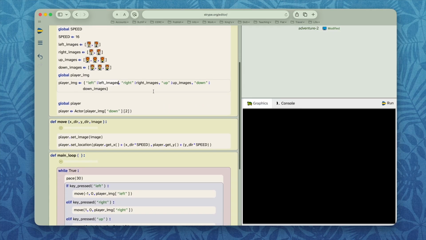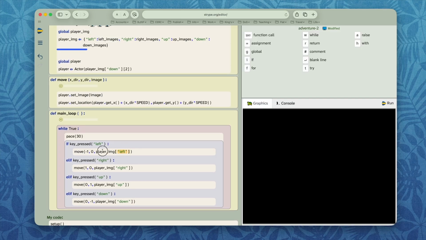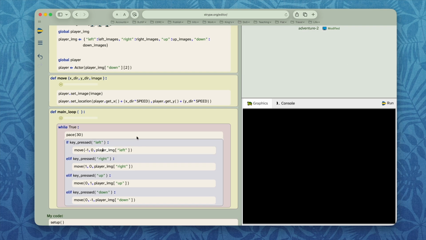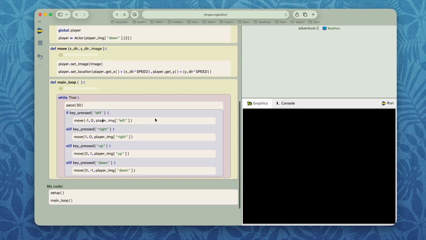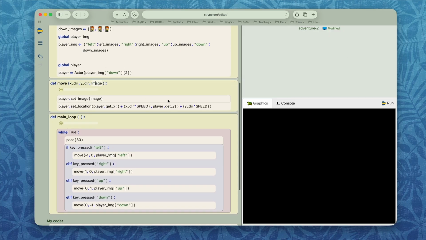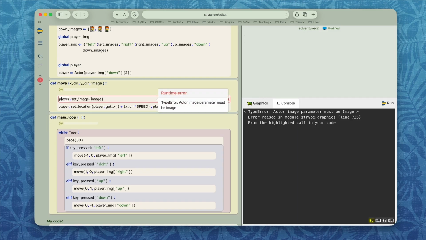So I have here, now I'm passing in player image left. This now here is not an image anymore. If you've just understood what we just said, this is a list of images. So here in my move method, I need to make a change now, because if I were trying to run this wouldn't work anymore. If I try to run this, there we are, and I press my key, I'm getting